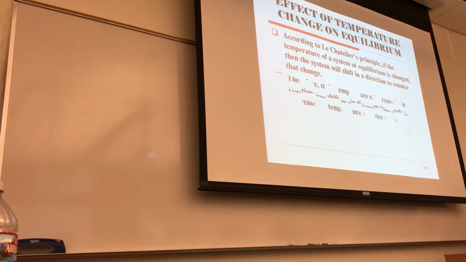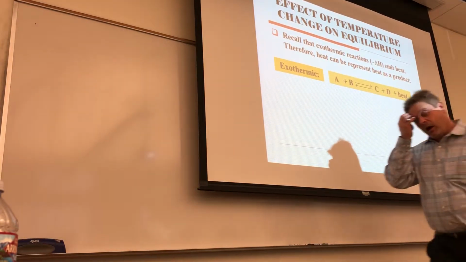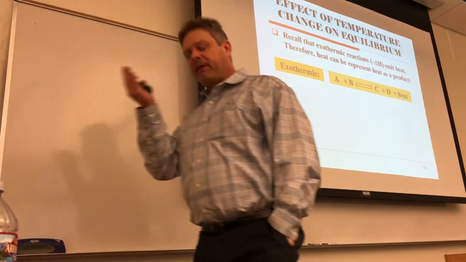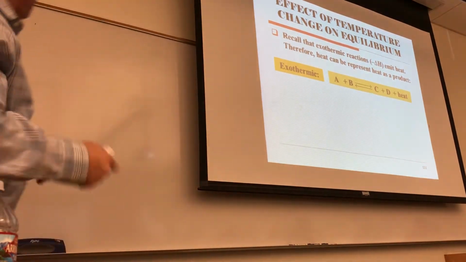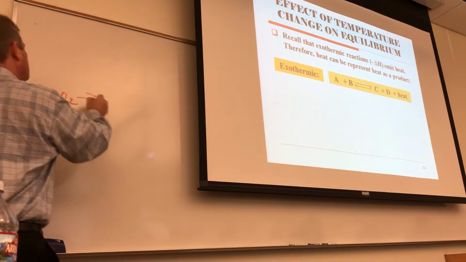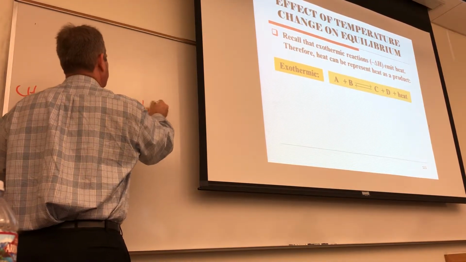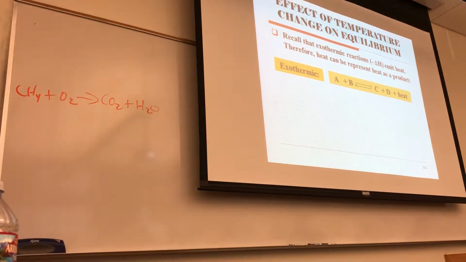So the same thing as before. A lot of words, I'll let you read this. What I will do, okay, this is a nice little reminder. If I have a chemical equation, say CH4 plus O2, and it goes to CO2 plus H2O, that should look really familiar. Combustion reaction. What happens here in terms of energy in this type of chemical reaction? Energy on the other side? You get a whole bunch of heat